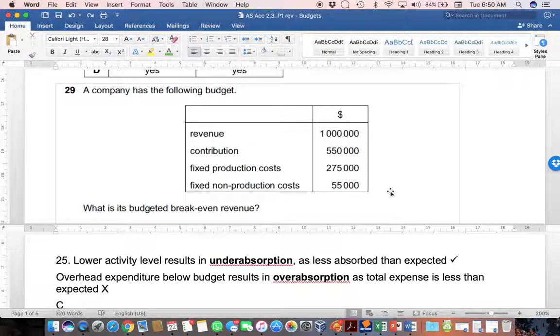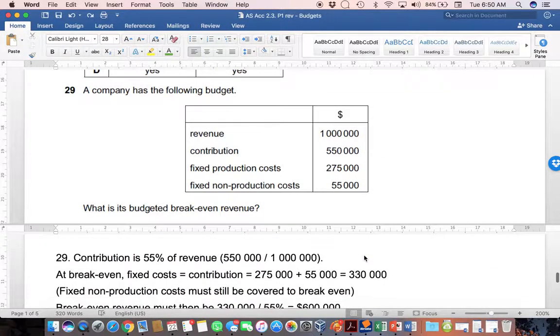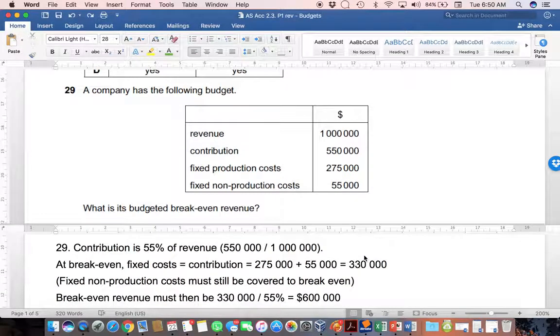But after looking at it for a while, I realized that although we don't know our actual quantities, we have got a relationship between what the contribution or the variable costs are compared to the sales. So in other words, we know what percentage of selling price is either the contribution margin or the variable costs, whichever way you want to look at it. And I decided then to use this to help me figure out my answer, because it is quite important to remember that the